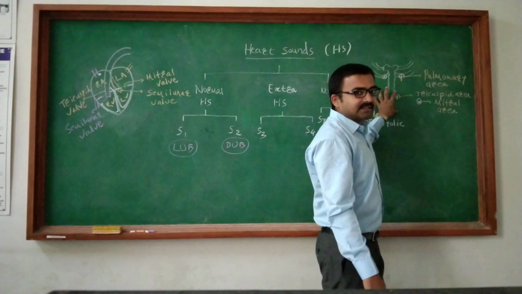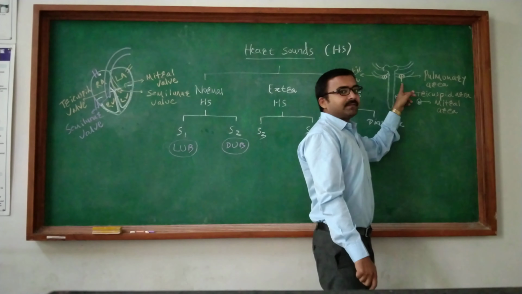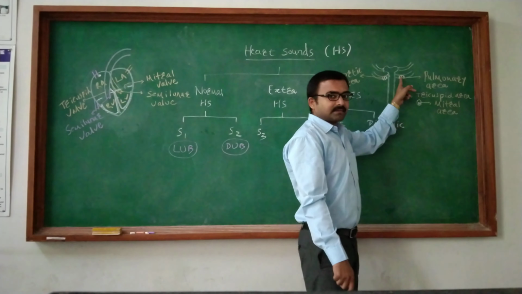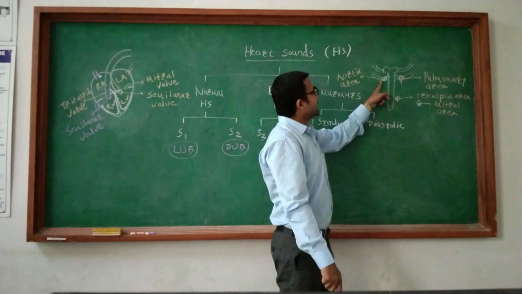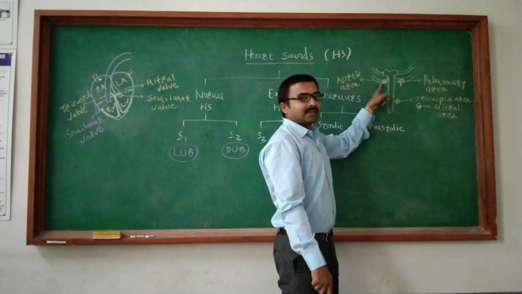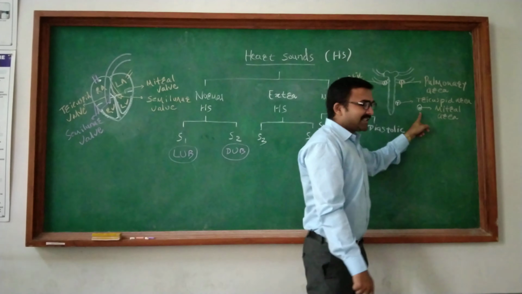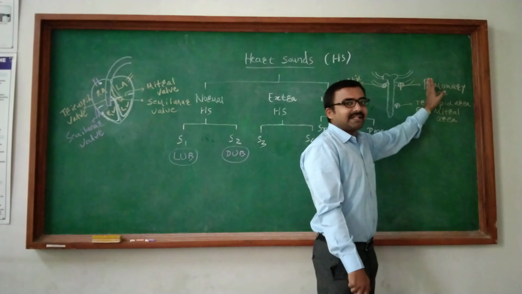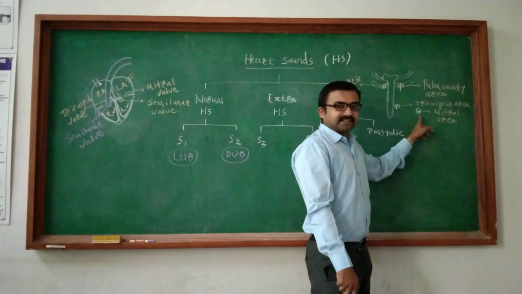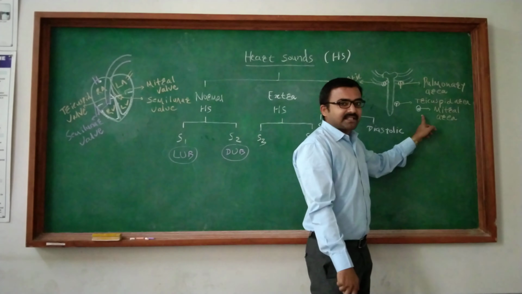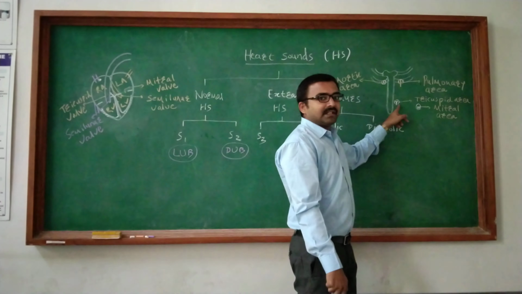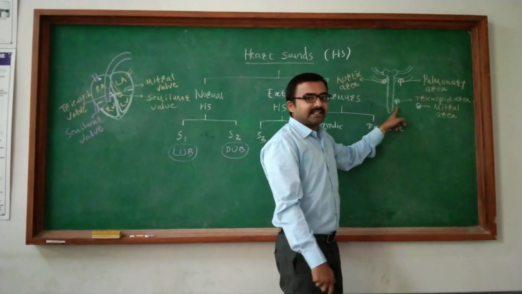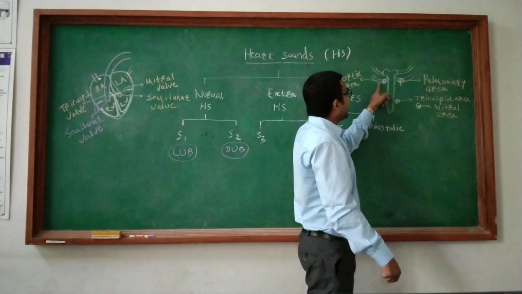Now, what are the locations of these areas? Pulmonary area is located on the left upper sternal border in the second intercostal space. Remember this, left upper sternal border in second intercostal space. Aortic area is located on the right upper sternal border, second intercostal space. Mitral area is present at the apex. That means 5th or 6th intercostal space, mid-clavicular line. I repeat, 5th or 6th intercostal space, mid-clavicular line on the left side. Whereas the tricuspid area is located on the left lower sternal border in the 4th intercostal space. So these are the 4 areas you must auscultate so as to listen to heart sounds: pulmonary area, aortic area, mitral area,